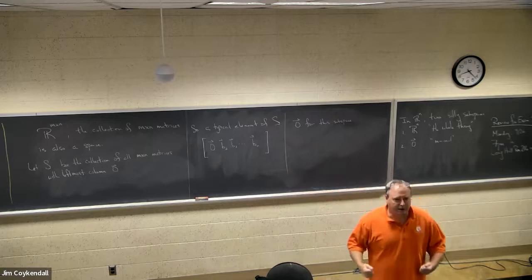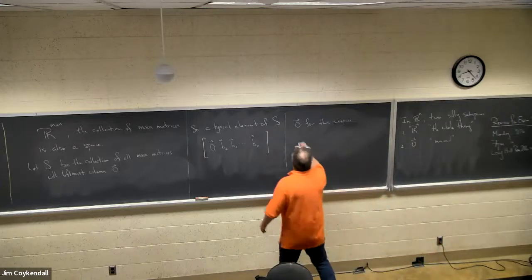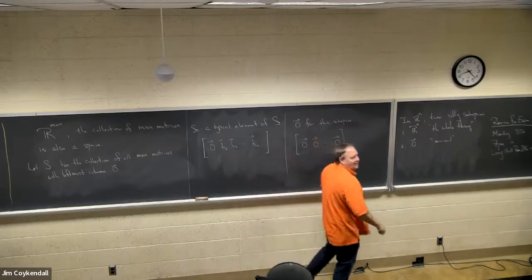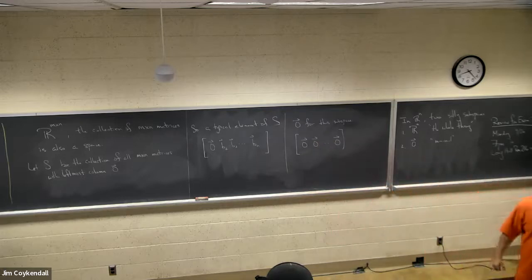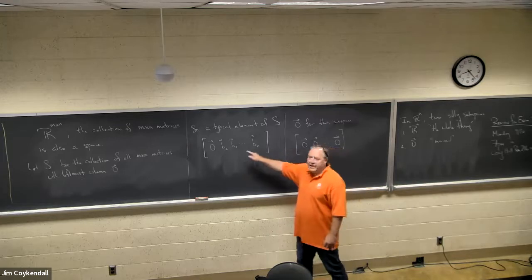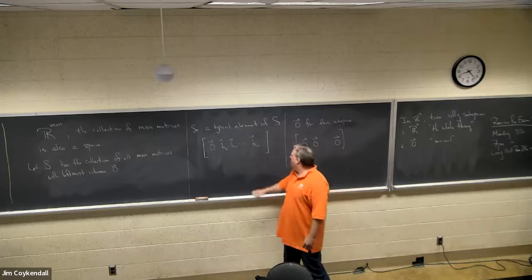Remember what the zero vector is. The zero vector is the magic vector that you add to any other vector that leaves it alone. What's the magic matrix here that you add to anything and it leaves alone? It's zero. The matrix full of zeros. I mean, that's kind of silly, but that's what it is. It is a matrix with n columns that are all the zero vector. Is this thing one of these? You bet. The zero object is in here,